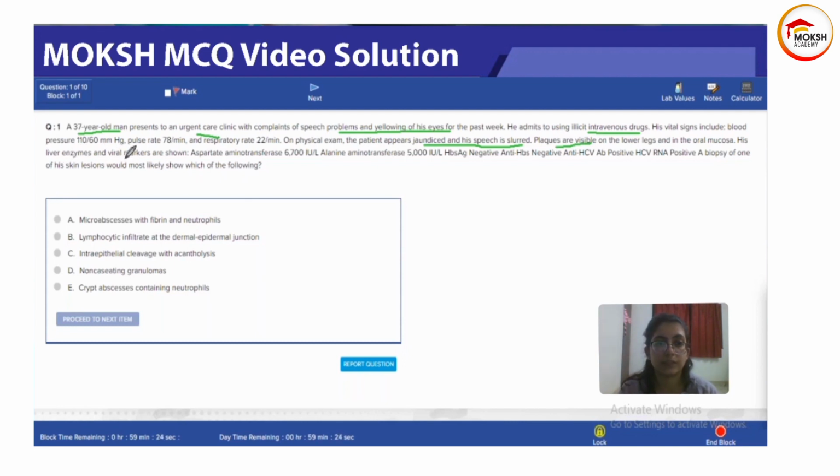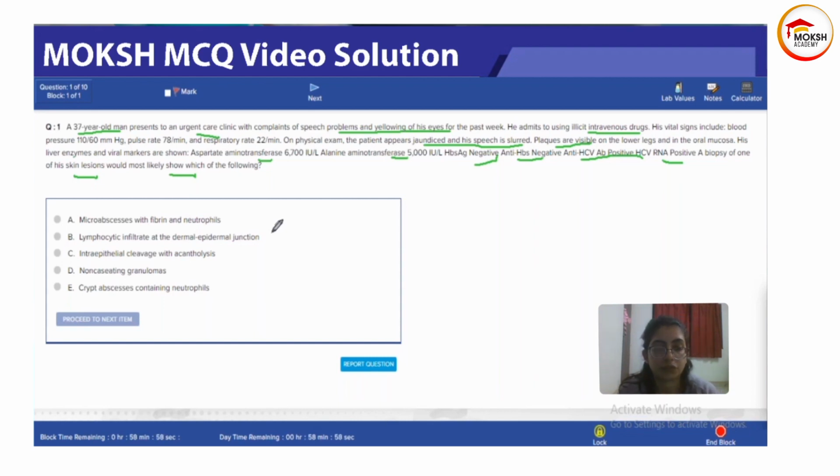His liver enzymes and viral markers are shown. AST and ALT are raised. HBs antigen and antibody are both negative. Anti-HCV antibody is positive and RNA is also positive. A biopsy of skin would most likely show which of the following: microabscess with fibrin and neutrophils, lymphocytic infiltrate at